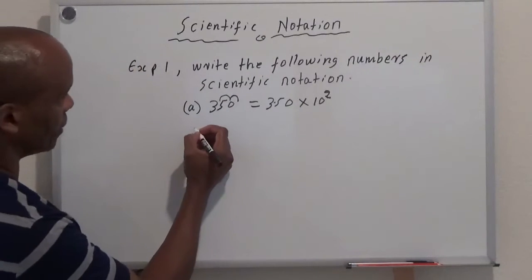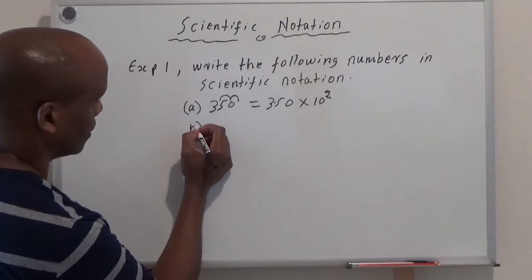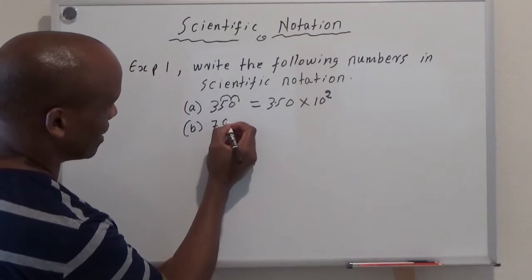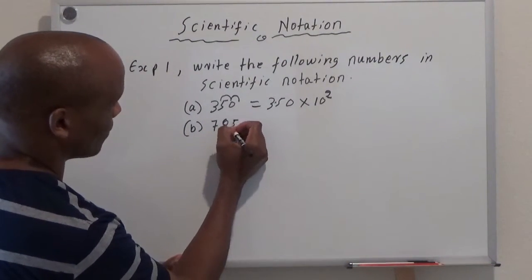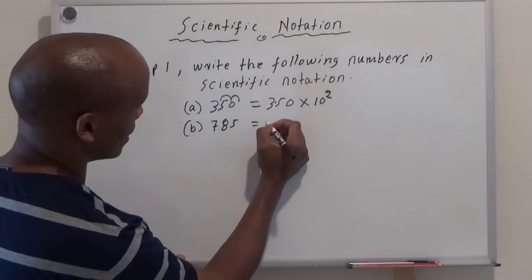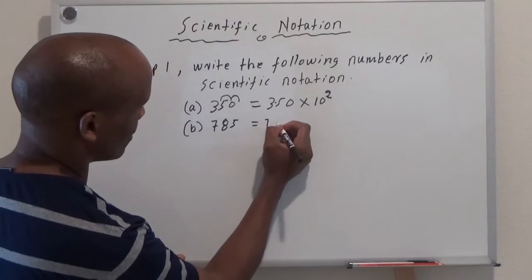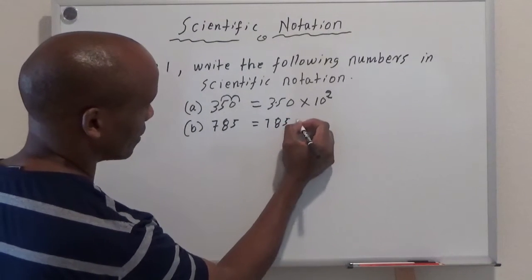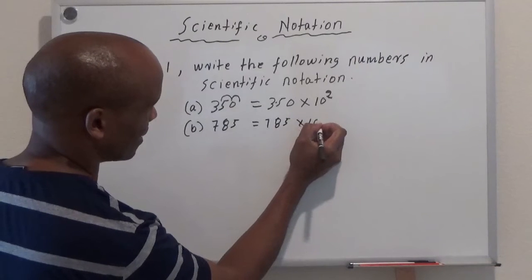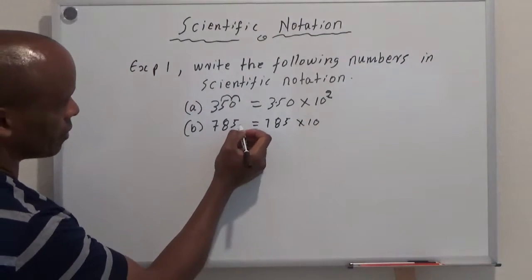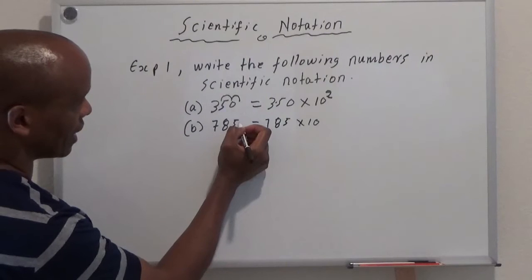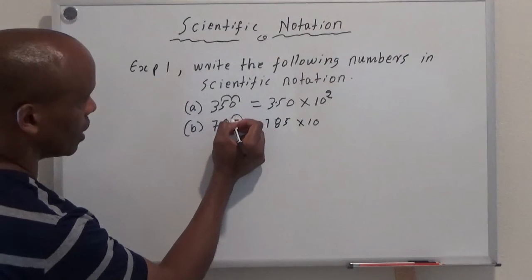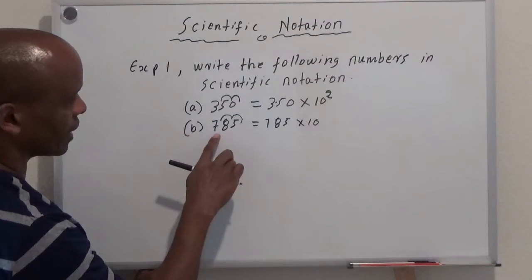I will show you another one. B. I have 785. It's the same. I first of all write the number just the way it is, 785 times 10. So my point is here, right? So I count. I need a number between 1 and 10. So I go 1, 2. It can't be anywhere else,